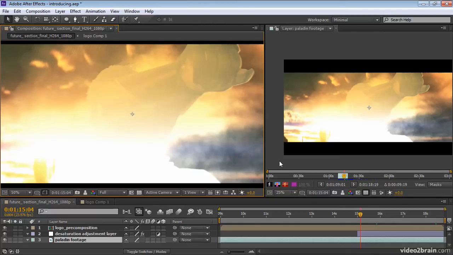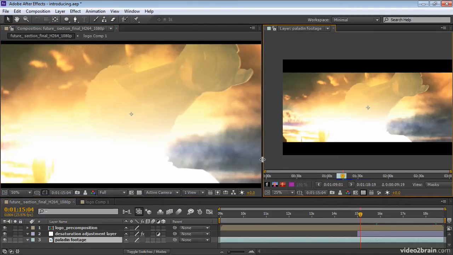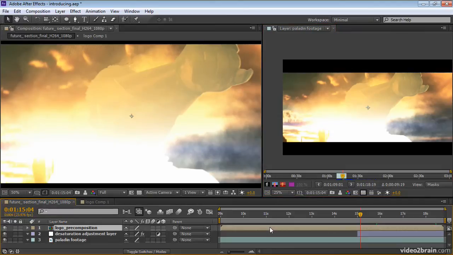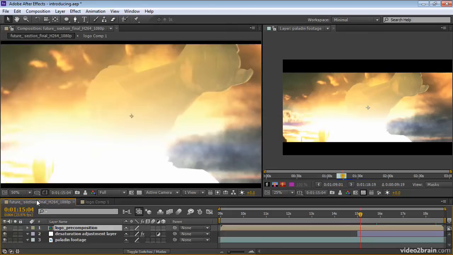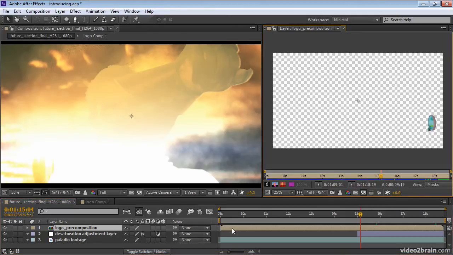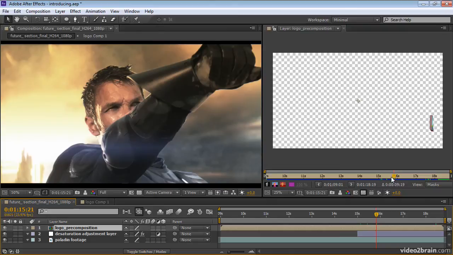The layer panel has some additional controls for viewing alpha channels. Let's open this logo precomposition layer. If I double-click on a precomposition layer, notice that it opens in the composition panel. But if I instead Alt double-click or Option double-click on macOS, it opens in the layer panel. So here we have our Vector Graphics logo